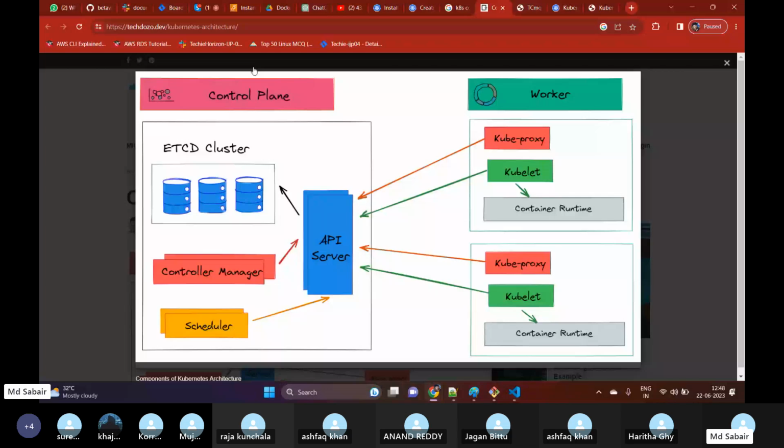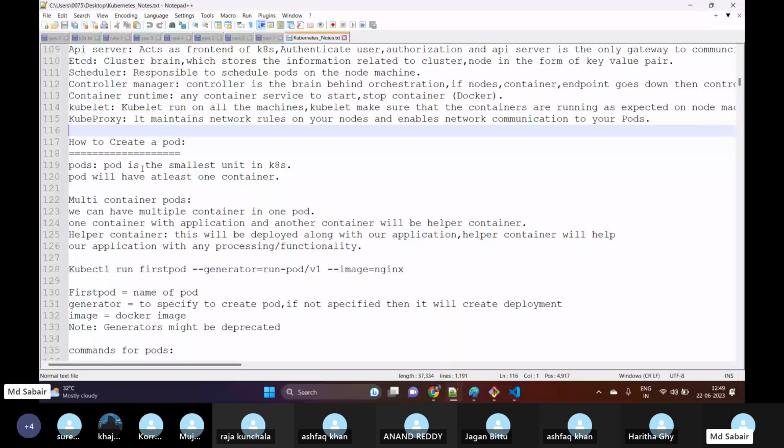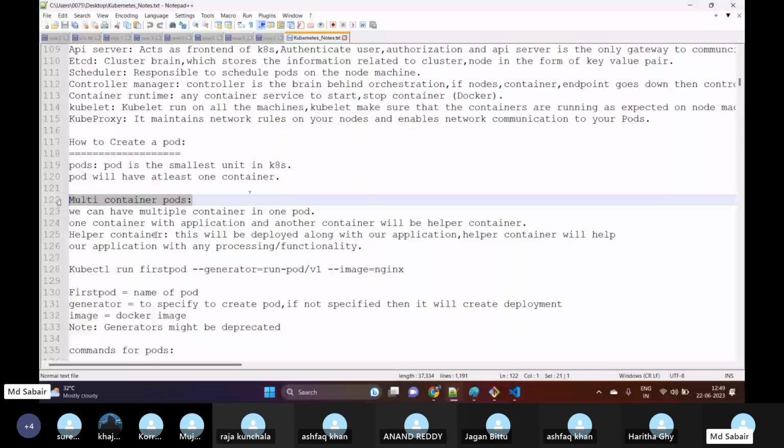Okay, let me move ahead with how to create a pod. As I have already discussed, a pod is the smallest unit in Kubernetes. A pod will have at least one container, meaning the minimum requirement for a pod is one container. In general, we can have multi-container pods as well. We can have multiple containers in one pod: one container with the application and another container as our